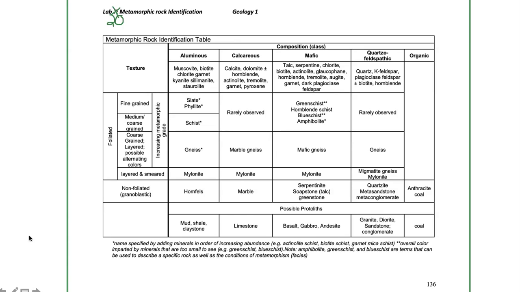So just like most of our other rock classification schemes, we're going to look at texture and composition. Texture in this case is going to be divided into foliated textures and non-foliated textures. And remember, foliated means that the mafic and felsic minerals have been separated and form linear patterns. And we can go from a fine grain pattern of foliation, in which case, because the mineral grains are so fine, we really can't even see the alignment of the minerals,